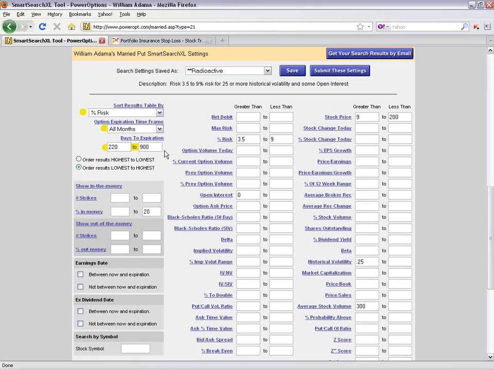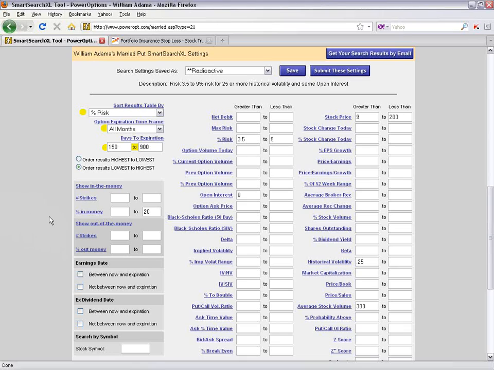out in time. This takes advantage of that radioactive decay line, where we know that if we buy an option, we see the rapid time decay, the main crux of the time decay, happen in that last 60 days, that last 2 months to 75 days. When I buy a put option that has 5 or 6 months out to expiration, the first 3 months, the time value is going to decay very slowly, and then that rapid decay comes at the end. So we're looking for positions where we can take advantage of that slower time decay. Start off at least 5 months out in time, and you'll be able to fine-tune what you feel your preference